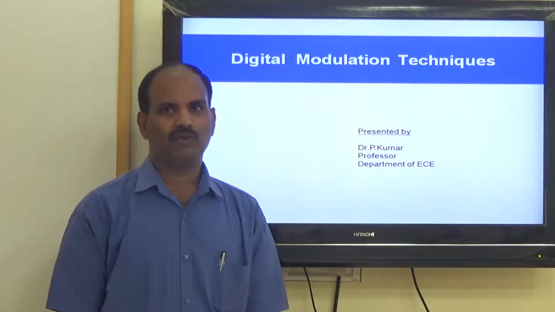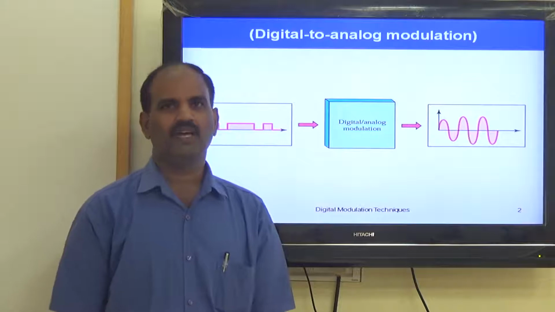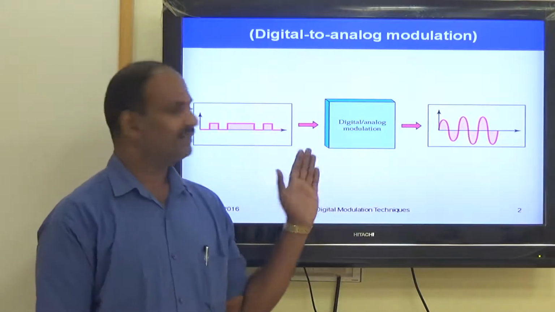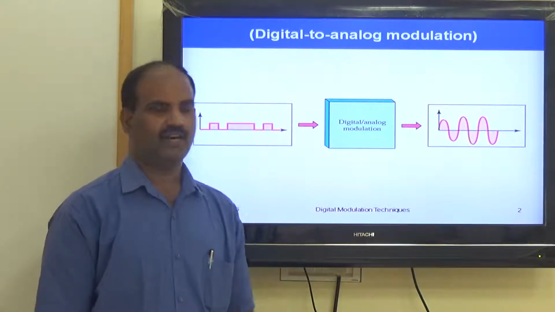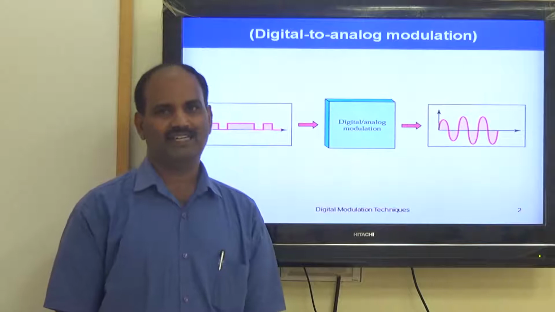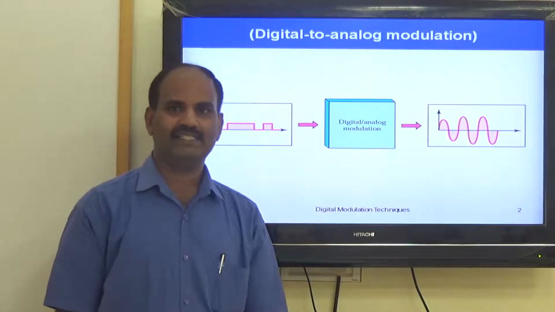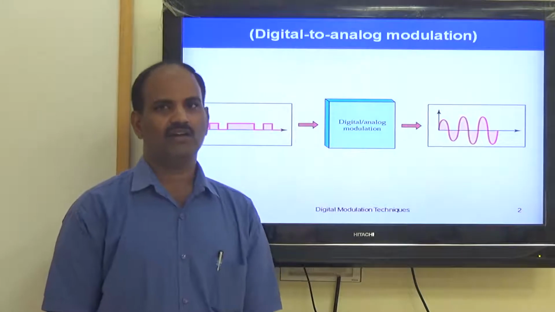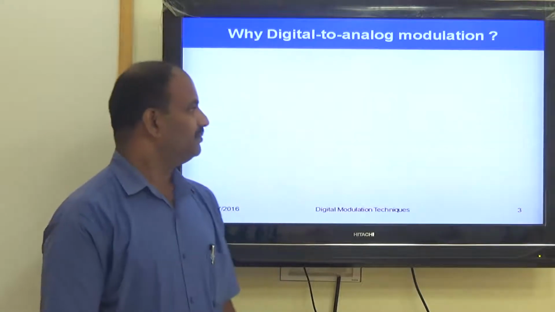So in this digital modulation, we have digital raw data that is applied into a digital modulation, or vice versa, analog modulation, that is in turn converted into an analog signal. We can't transmit a digital signal as it is, but we convert that into analog, so that it can be transmitted.